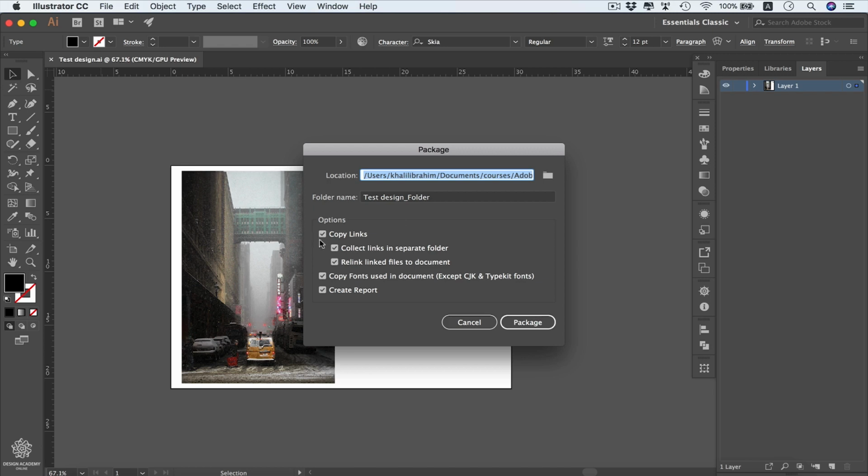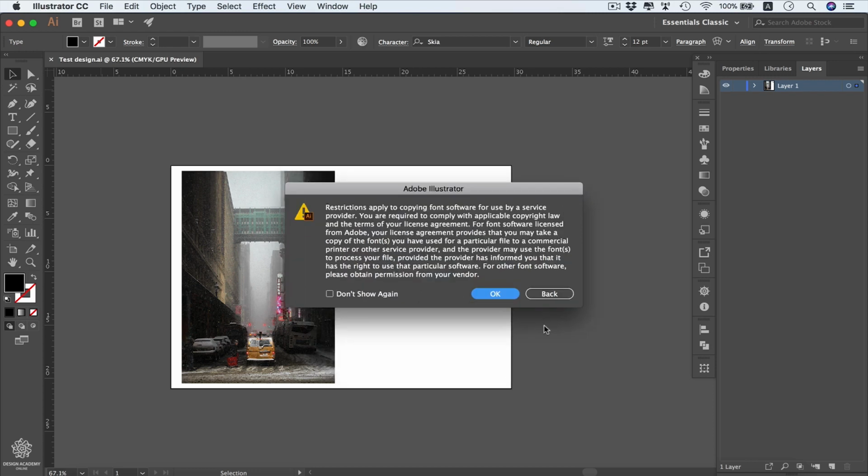And you might need to select all of these in here, and here it's gonna be copying links and collecting links in separate folder, and also it will be relinking linked files to the document, and it will be copying the fonts used in the document except the CJK fonts and Typekit fonts, and also it will be creating a report. So I'm gonna leave all of them checked, then clicking package, and here you will be getting that copyright